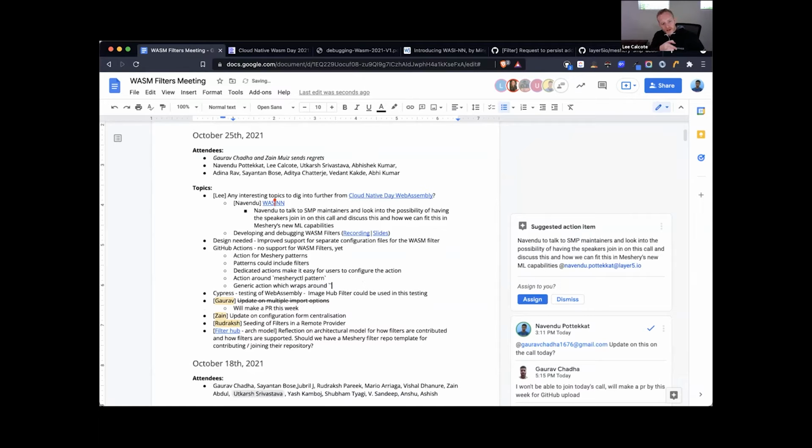Yeah, so actually, as we go to do this, that means that we probably need 2 more repos. Adina, to the extent that you were to go take an attempt at one for WebAssembly filters, well, I'm sorry, it's actually for patterns. So if your pattern included a WebAssembly filter, great, then you know it would work. So I'll take an action item to go create 2 repos real quickly and make sure that Jubril and Adina both have